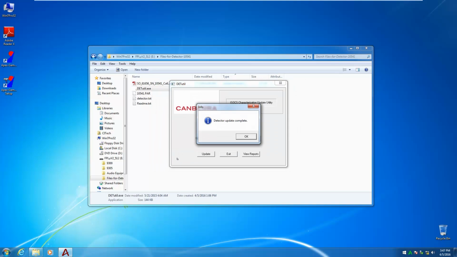A detector update report will then be displayed. Use the vertical scroll bar to scroll to the end of this report. The new detector name will appear as the last of the listed detectors. To complete our desired update, we will click on the